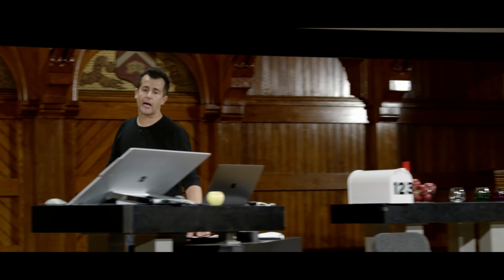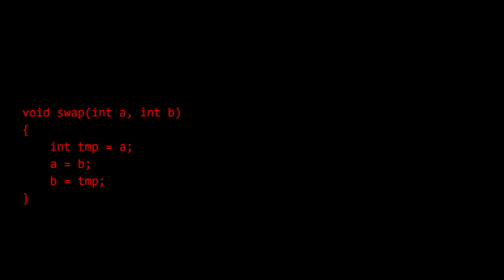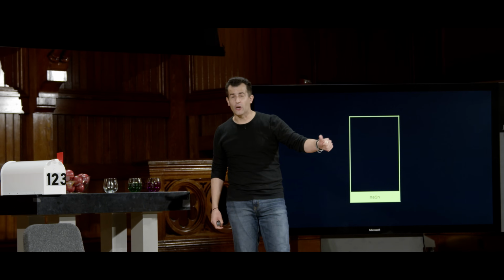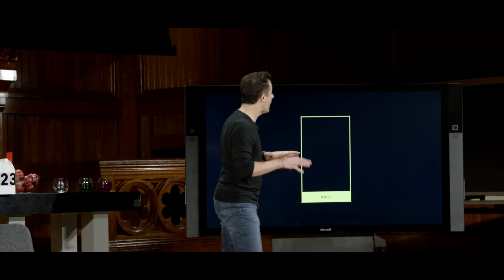So let's see this in action here. If we consider the stack alone in the context of swapping variables unsuccessfully, what's really happening with code like this? Well, on the bottom of my memory, when I call main, I am given, by nature of how C programs work when compiled, a slice of memory called a frame, a stack frame. And this is just some number of bytes that store maybe argv, argc. It stores x and y, my local variables. Any variables I have in main get stored in this chunk of memory here.